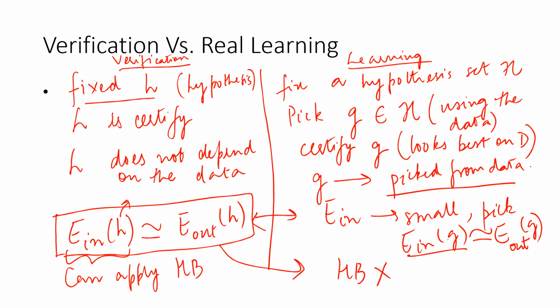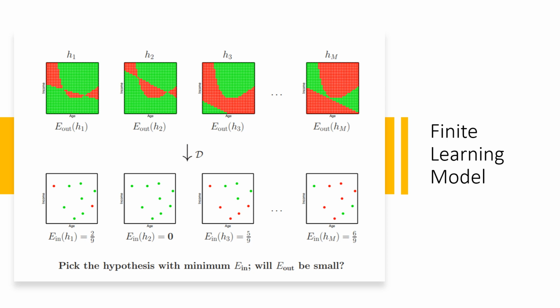And if you think about it, what's going on when we are picking g can actually be visualized here. In this picture, I have these different hypotheses, and consider these as bins, right? So these are my bins, all of these. And just like we picked h, we can have h1, h2, h3, h4, and so on, up to hM. And this is my entire data, and these are my samples. So those are my bins, these are my samples, and I can calculate my E_in, or in-sample error,